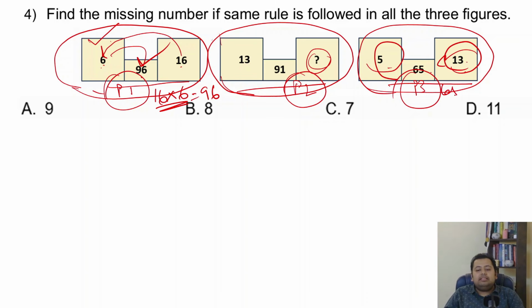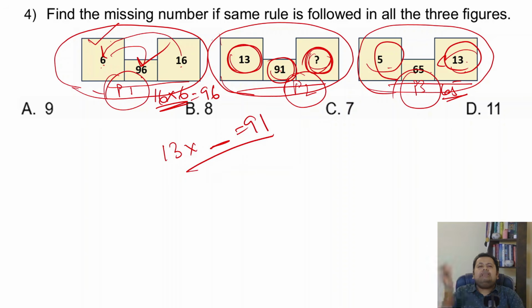It would give you 65, right? So this is nothing but what should be multiplied to 13 to get 91. So 13 multiplied by that equals 91. Just revisit the 13 table and you will find out that 13 sevens is 91. So option number C is your correct answer. Hope you got it correct.